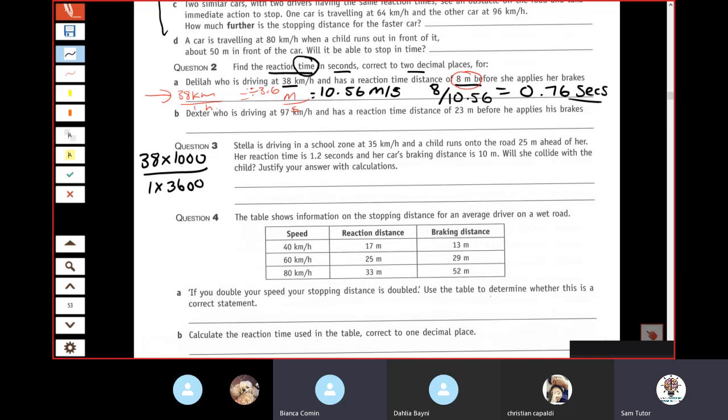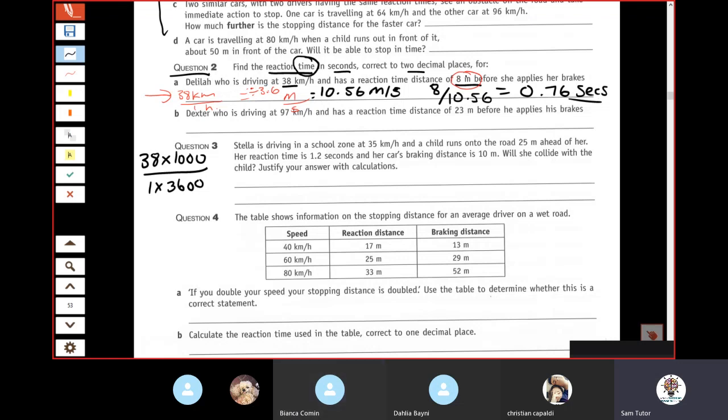Okay, this will be the question you'll get in your exam. So this is a style of question you will very likely get. So let's just recap it one more time. We're traveling at 38 kilometers per hour, so the car moves regardless because obviously it's accelerating. And then by the time you realize to react, which is 0.76 of a second, the car would have moved